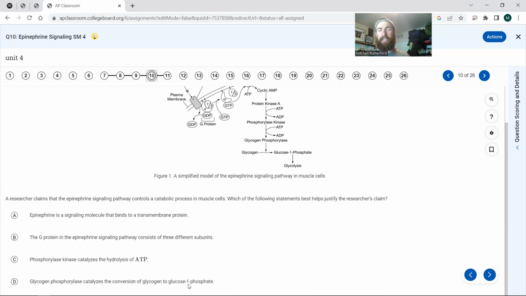I really think it has to do with D, because that's the whole deal in terms of catabolic muscle cells. What's the point? Epinephrine can bond to a transmembrane protein, but that doesn't necessarily mean anything's going to happen. However, if we know that something is happening in the end, that's what can justify the researchers. So we see epinephrine and then we see glycolysis, the glucose 1-phosphate. Although A is the start, D is the finish, and that's why I think D helps